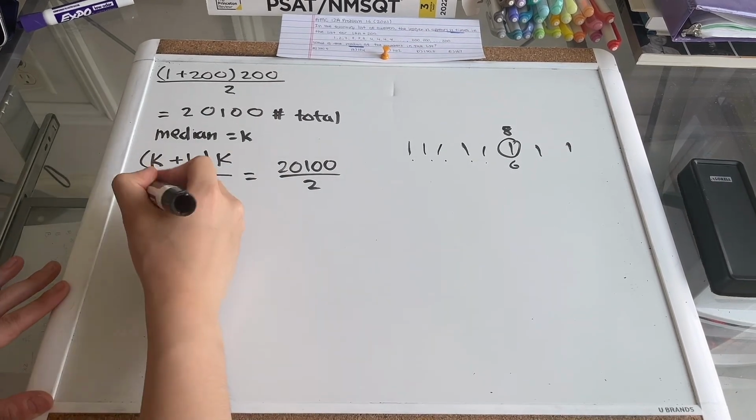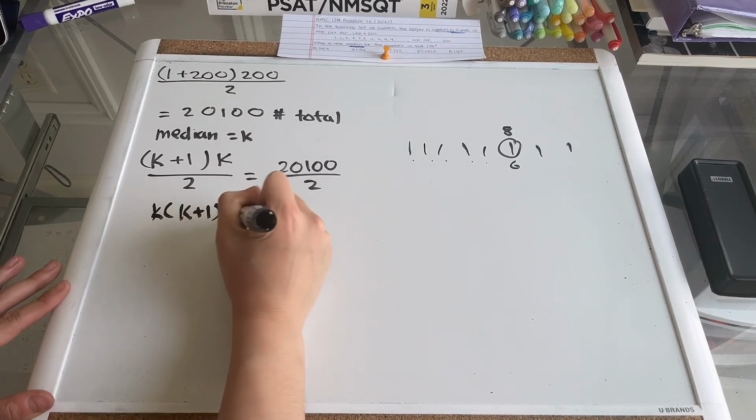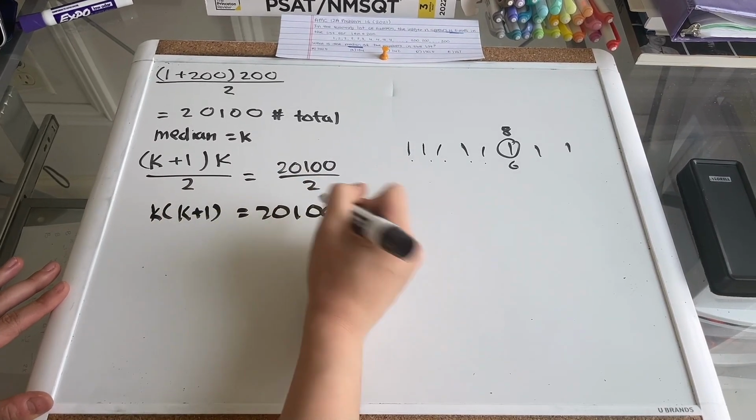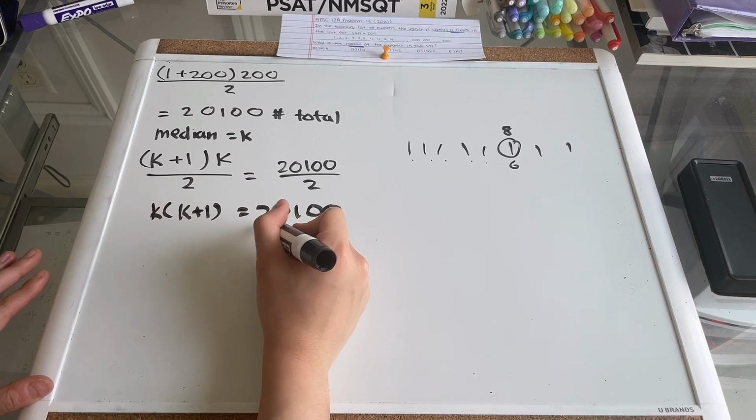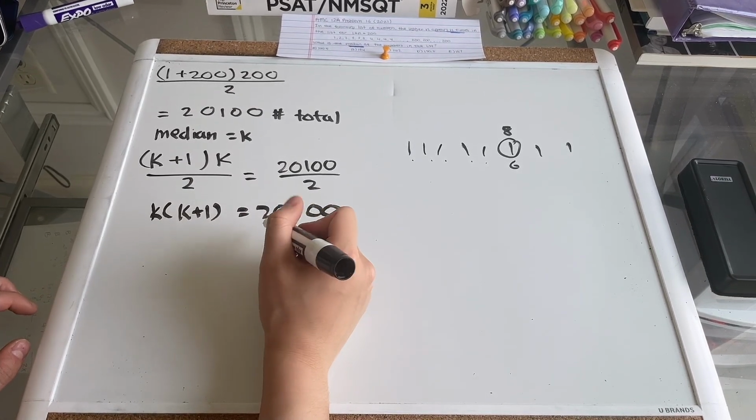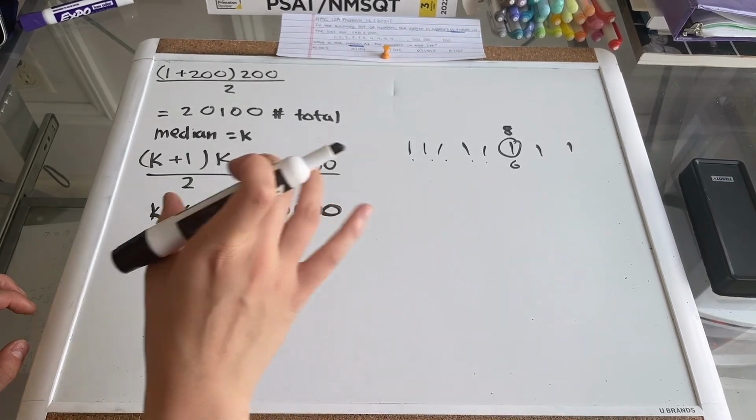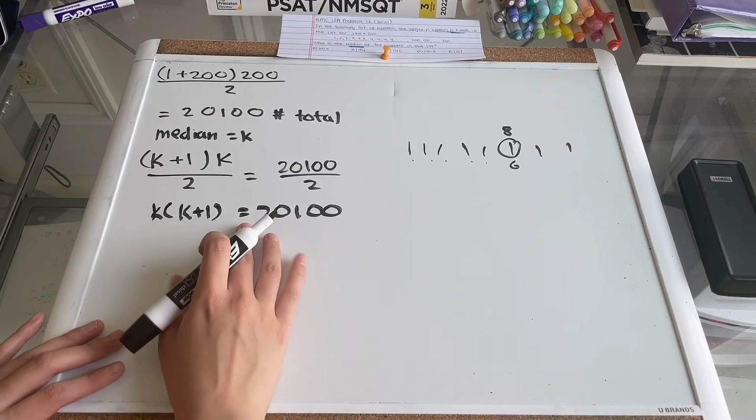So now we can simplify. It is going to be k times k plus 1 is equal to 20100. So these two numbers, one number is one more than the other, multiplied together is 20100. If we can find the approximate square root of the number, we can find this number and then the next number. So how can we get the square root of